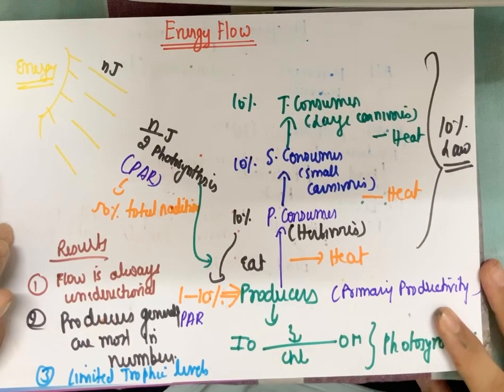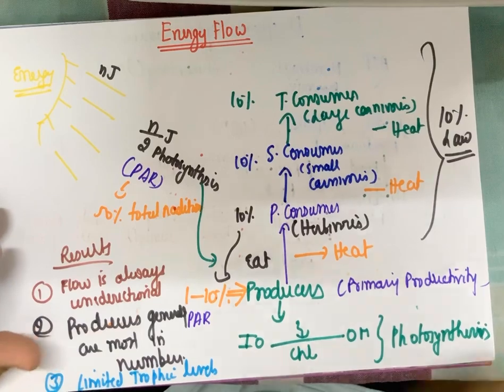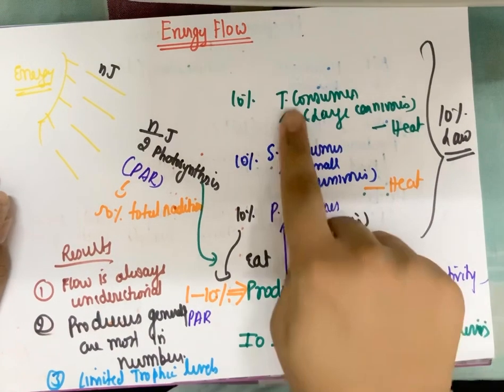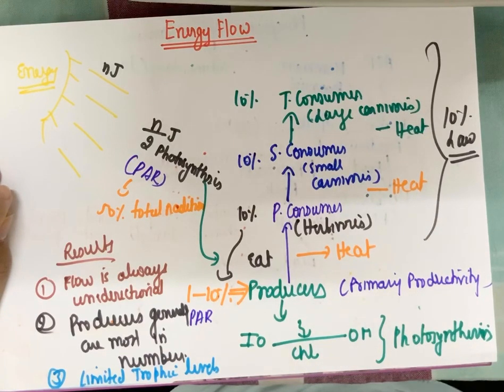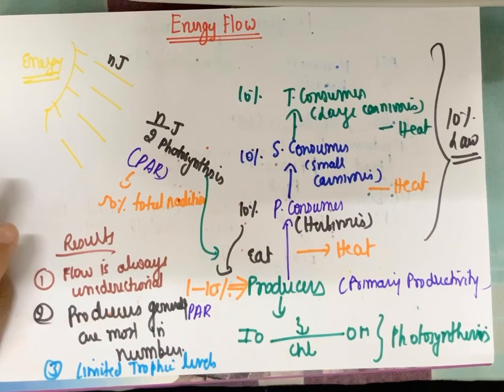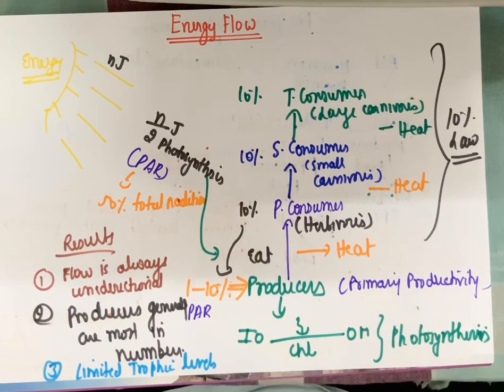Alright, okay. Now in my video on trophic levels, I have also explained that if I talk about decomposers, which are again an equally important part of the ecosystem, at every trophic level I will get decomposers. Alright, and that would actually mark the beginning of a food chain called the detritus food chain. Again, I will be making a video on that, so you can go to the comments, description box and your playlist to look at that video as well on detritus food chain and decomposition. Fine? Okay. So this was about your energy flow.